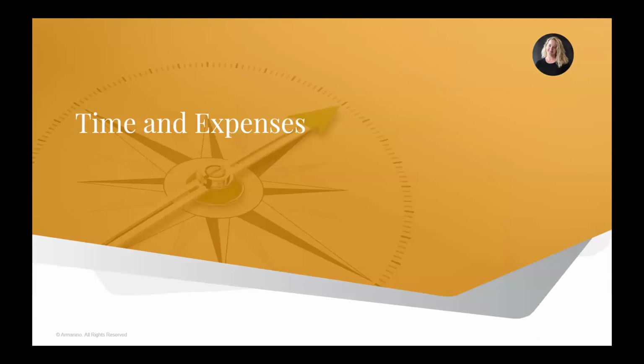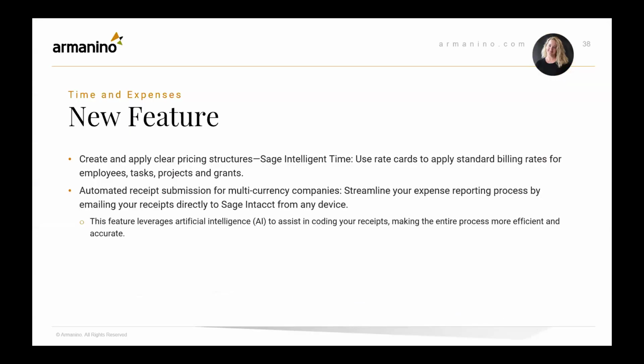Next slide. Time and expenses. The new Sage Intelligent Time module is allowing us to create and use rate cards to apply standard billing rates for employees, tasks, projects, and grants. So that gives you greater flexibility and visibility into what you're actually charging. And then automated receipt submission for multi-currency companies. Intacct can now consume receipts from any mobile device. So that's great. And there are links in the help to download the Sage Intelligent Time application and be able to upload those